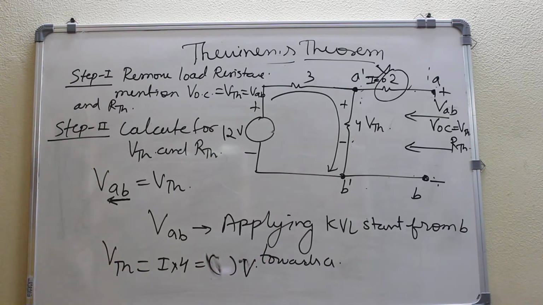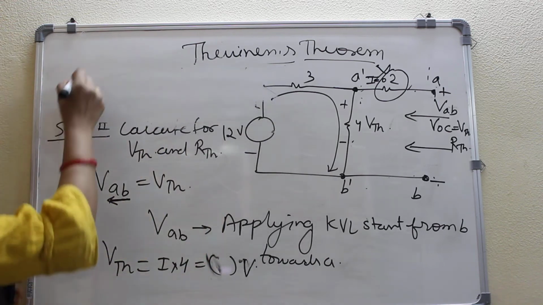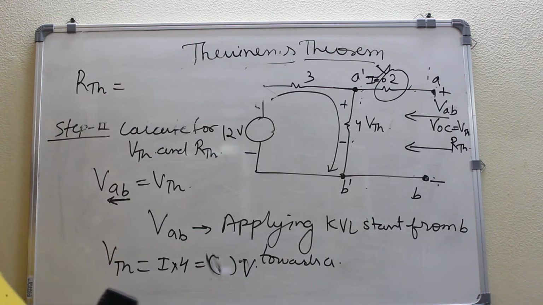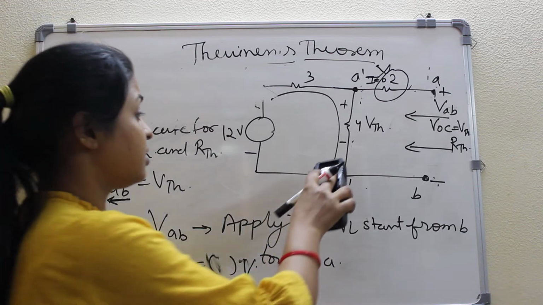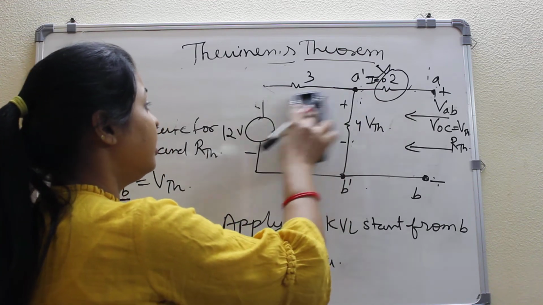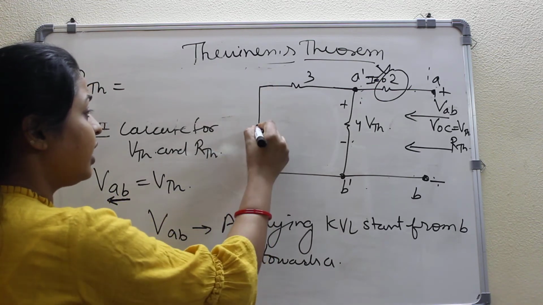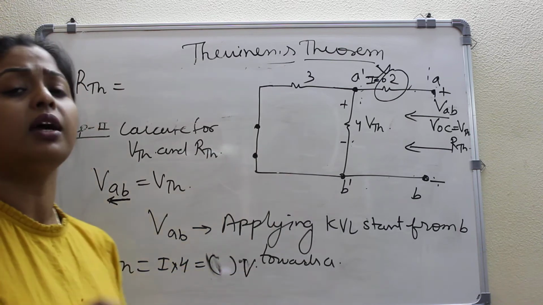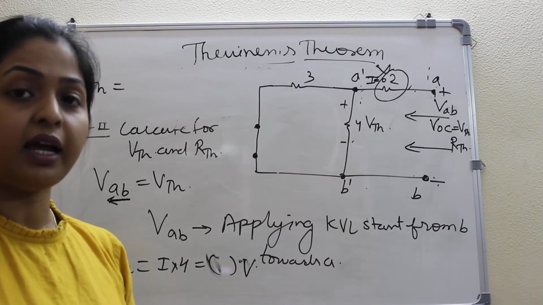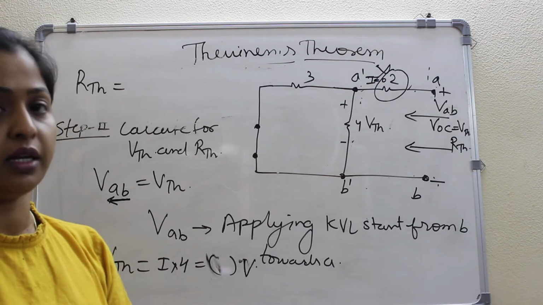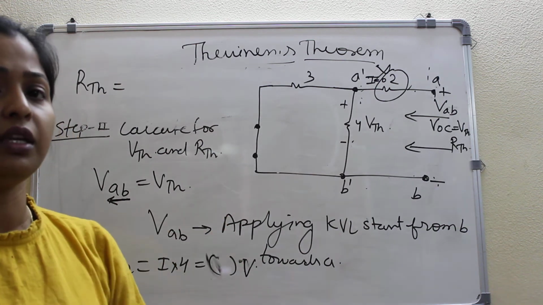Okay, so we can calculate the VTH. In the second step only, calculation of RTH. When we calculate RTH, a circuit must consist only and only resistance, no energy sources will be considered. So here you can see one energy source is there. So when you calculate RTH, replace all other energy sources by their internal resistance if they are practical. If they are ideal, they must be replaced by open and short circuit. Why is it so? Because we want only resistance in the circuit. Then only we can calculate the equivalent resistance.